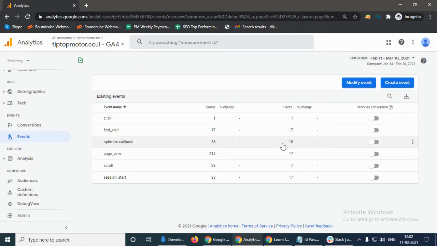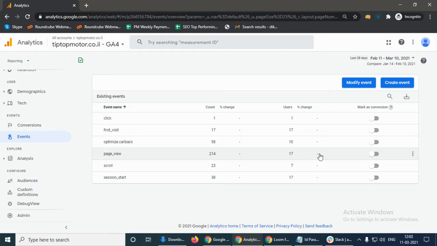Configure conversion in GA4 property. Conversions are the most important actions taking place on your website or app. For example, whether you want to track the number of people completing your lead form, buying a product, or subscribing to your service, you need to configure a conversion. Today, we will configure a classic goal based on people visiting a thank you page after completing the lead form